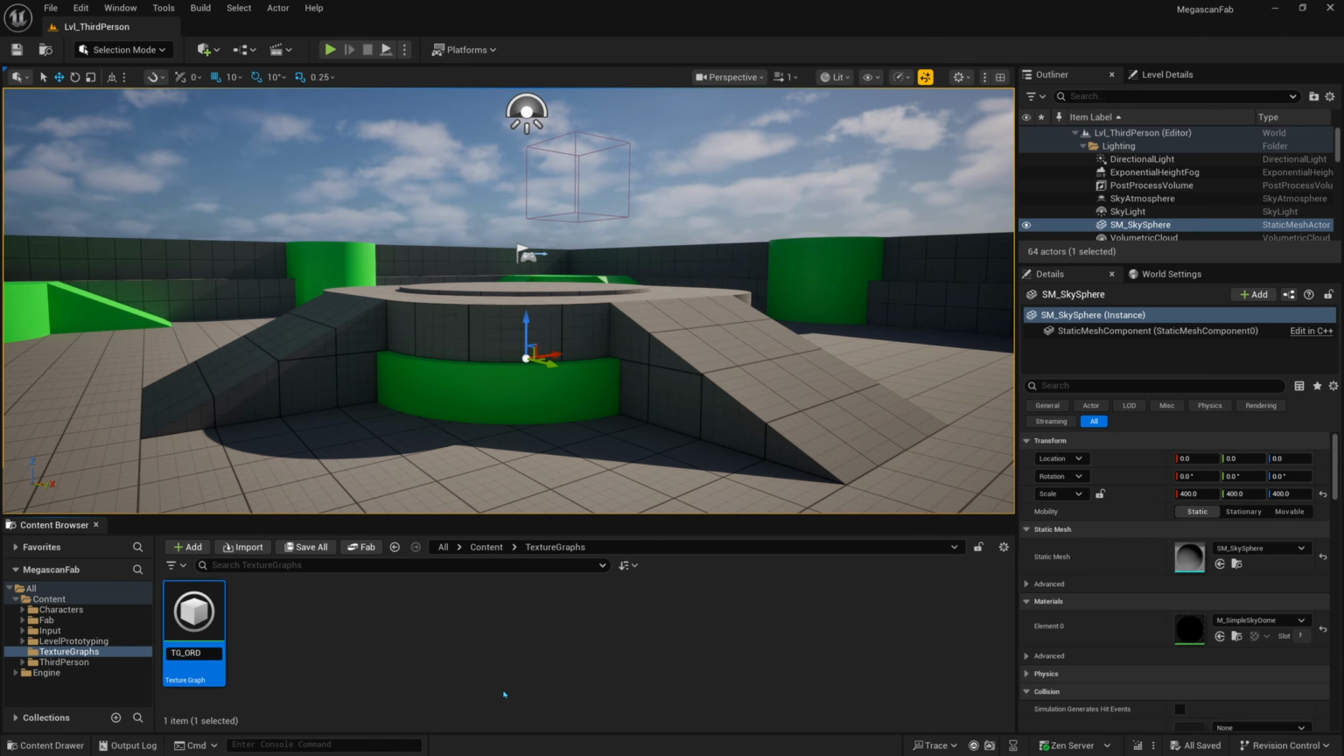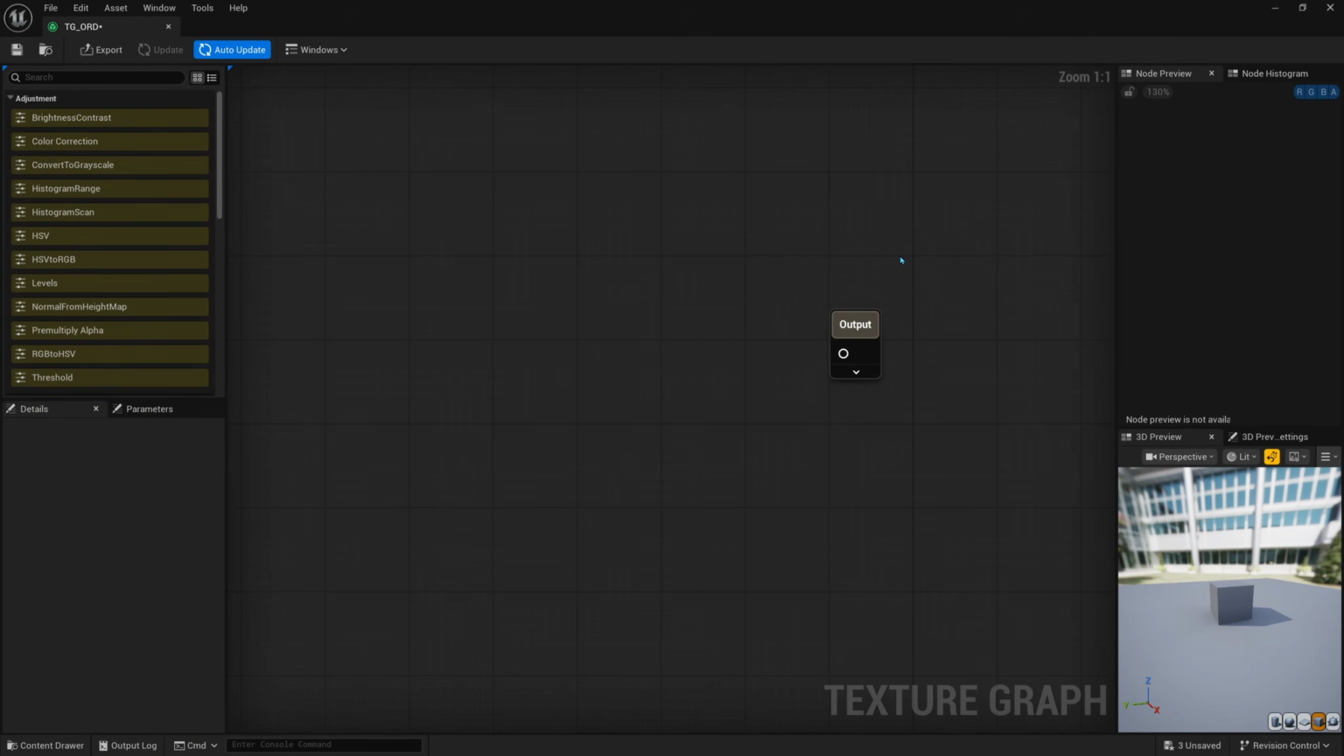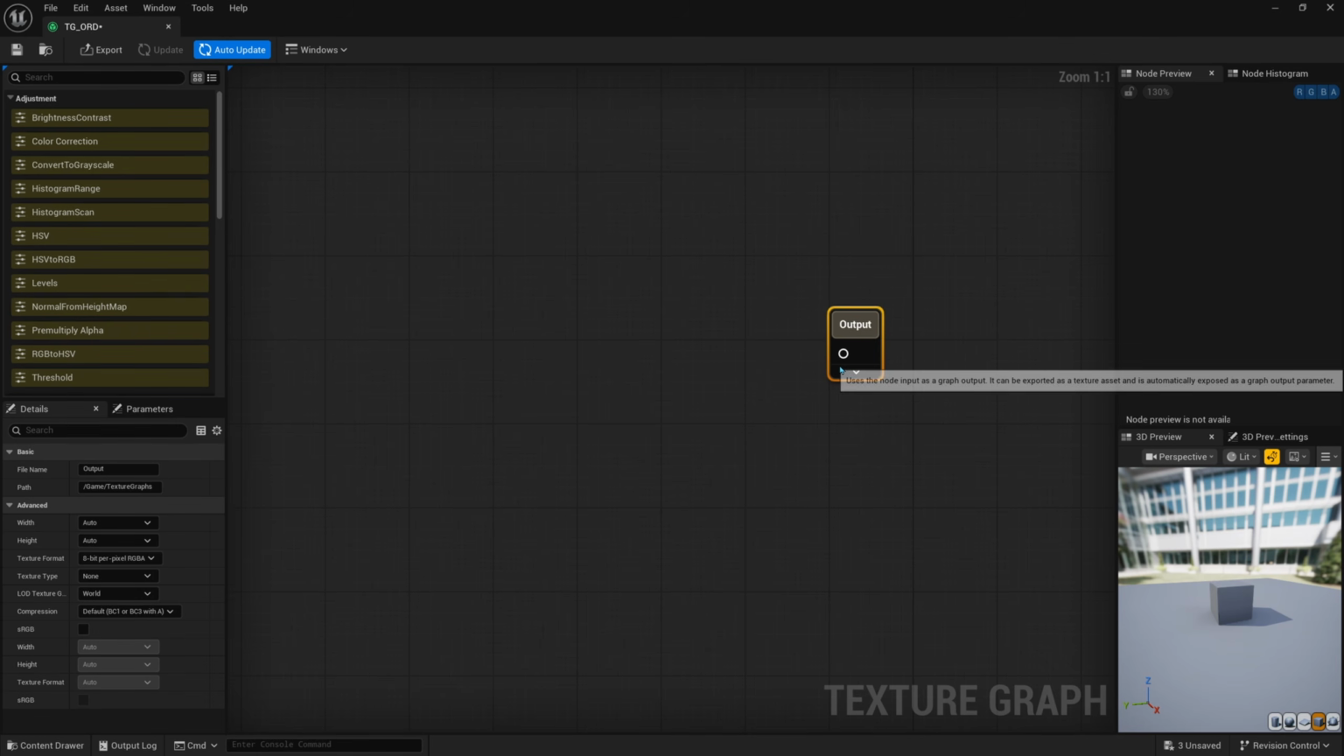TG_ORD, since in this example, we'll be changing an ORM texture to an ORD by replacing the metallic for the displacement. And now we can double click to open it up. All right, here we are inside the texture graph, and we have just a single output node for one single